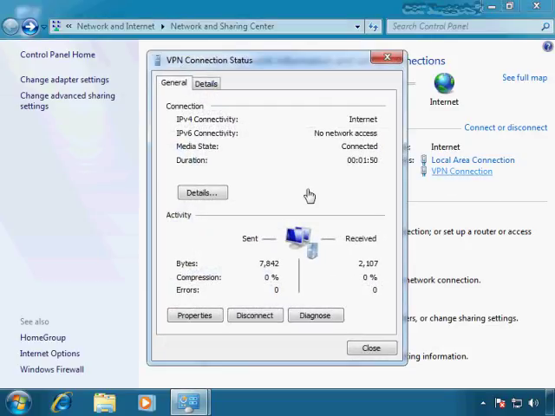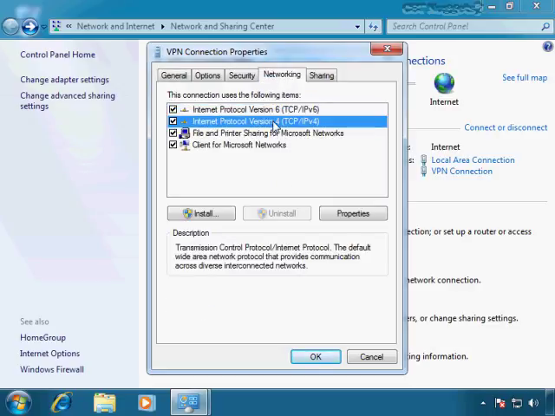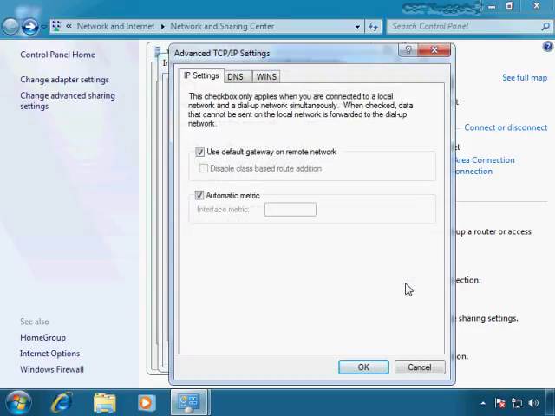And if I go to my VPN connection here, notice that if I go to the properties of it, and then networking, and then TCP/IP version 4, and finally back into properties here where there's an advanced button. Once I get into this, look at this checkbox right there where it says use default gateway on remote network. What's that about? Well, you see, now that I'm connected to my home network, it's going to route me to